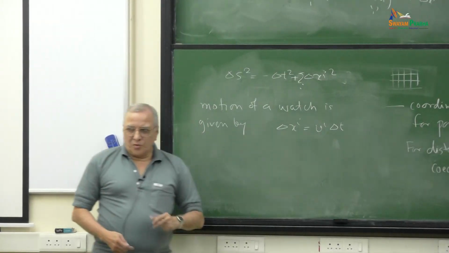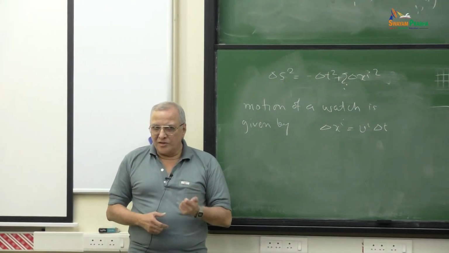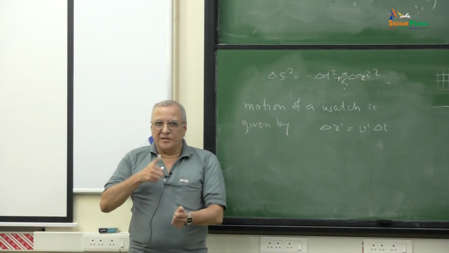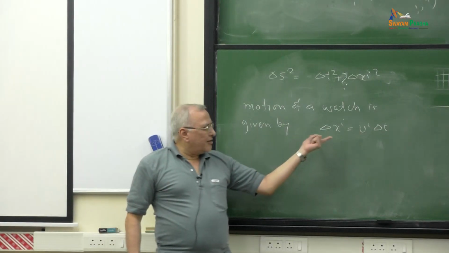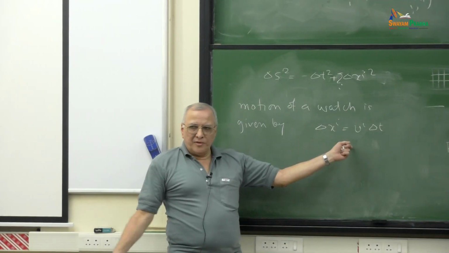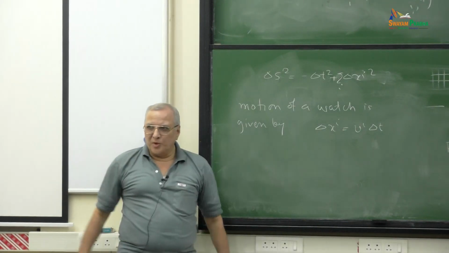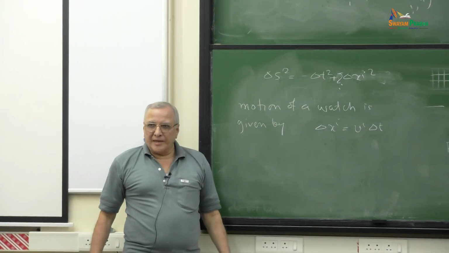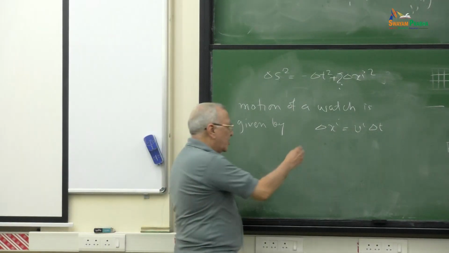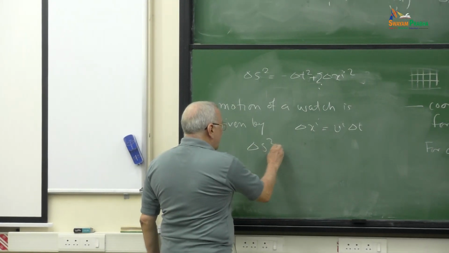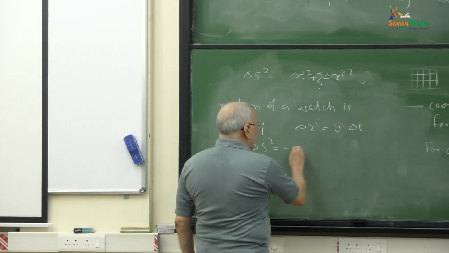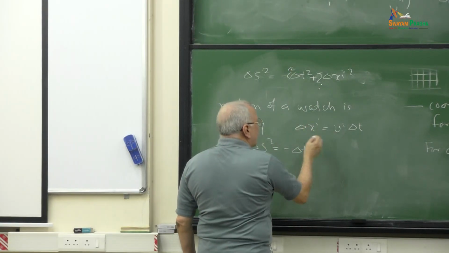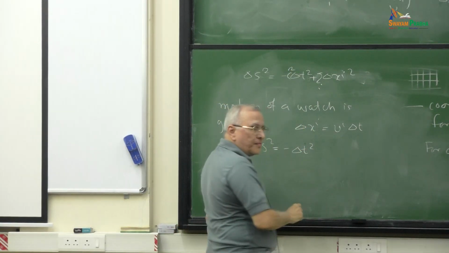My delta t is defined by flashes of light which are given by my seconds. First second, second, third second and like that. In that I cover a distance delta x_i which is given by v times that. v is my normal speed, the speedometer speed. For this case, if I want to find out what delta s square is, what will I get? So, for this delta s square equals minus c square delta t square,